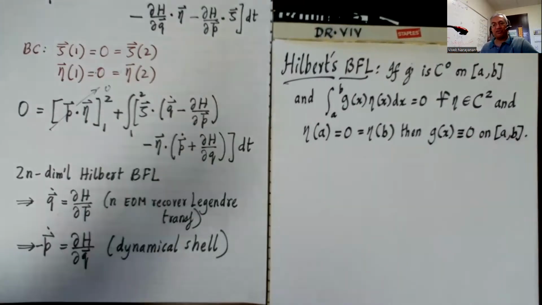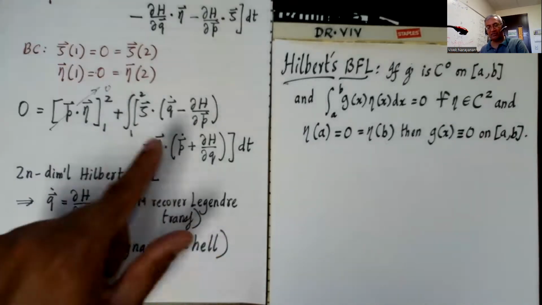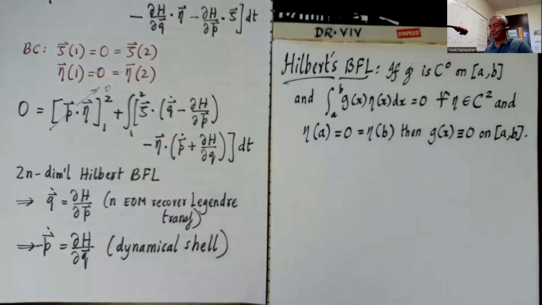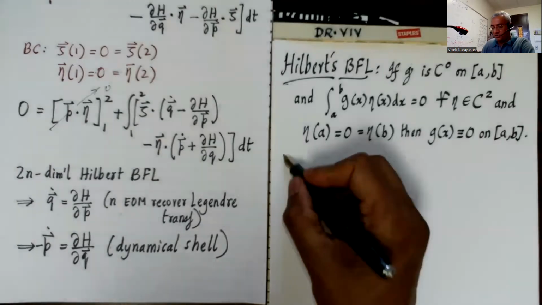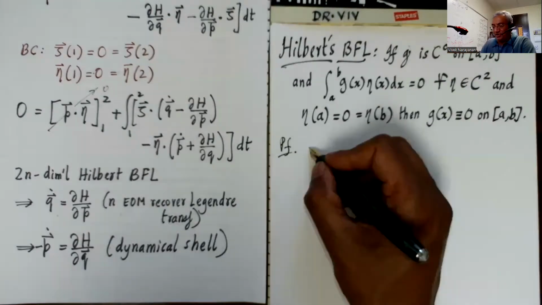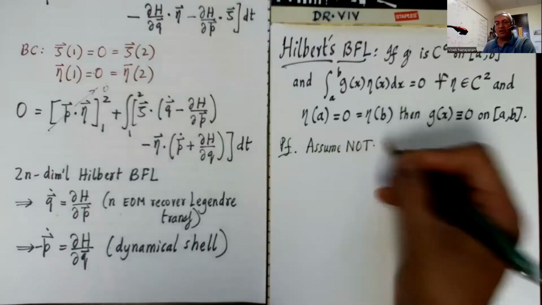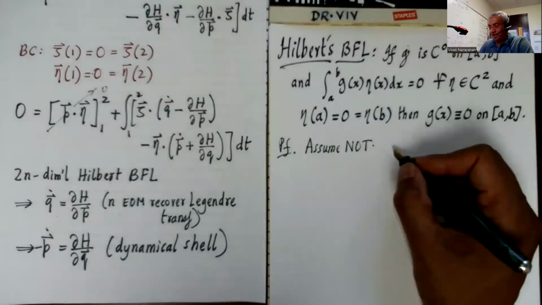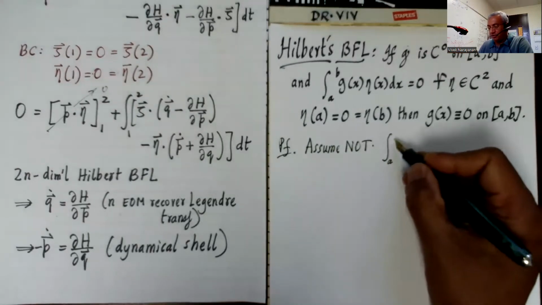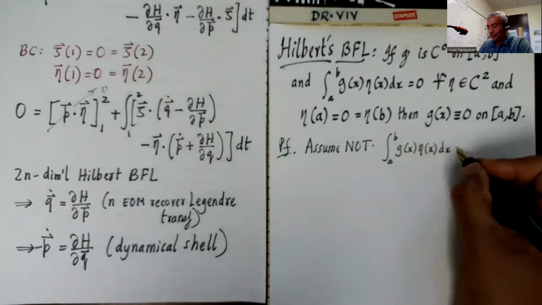You can see that this answers every application that we have, ranging from the simplest one to the more advanced vector application. How do you prove the bump function lemma? The proof is very cute indeed. It's one of those proofs you'll never forget when you see it. So we'll assume that this is not true. What does that mean? We'll assume that even though the integral from a to b of g of x eta of x dx is equal to 0,